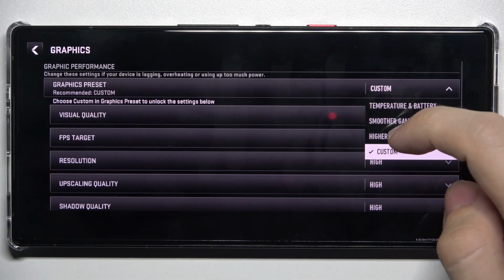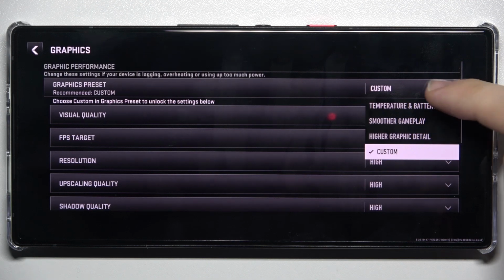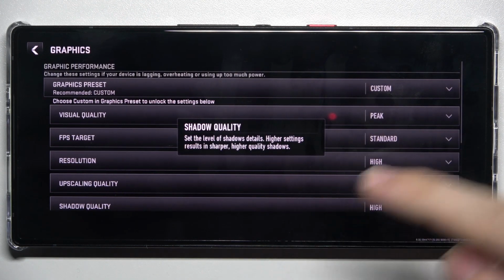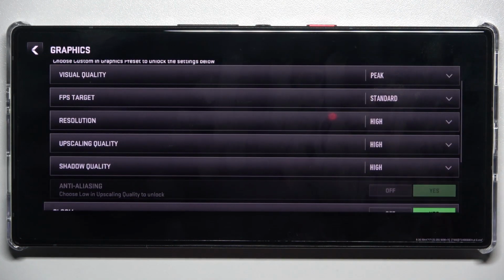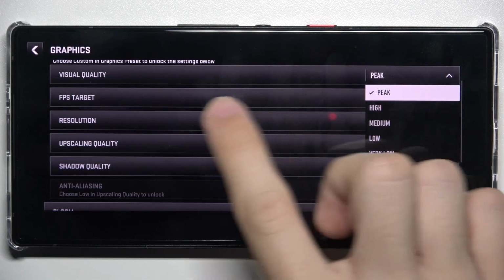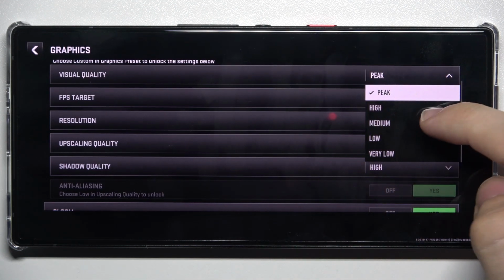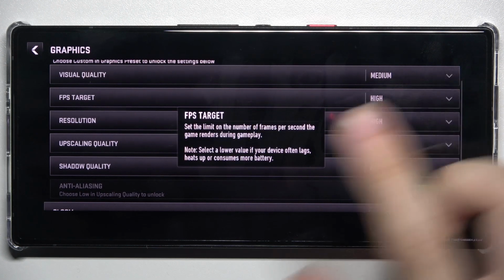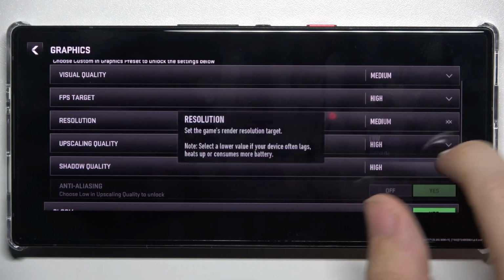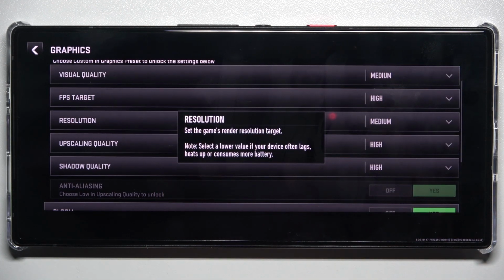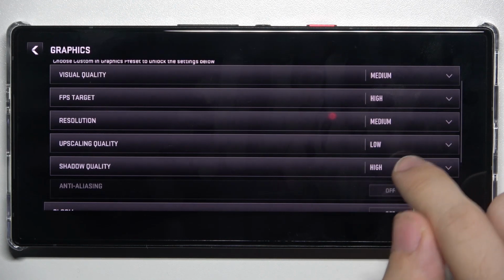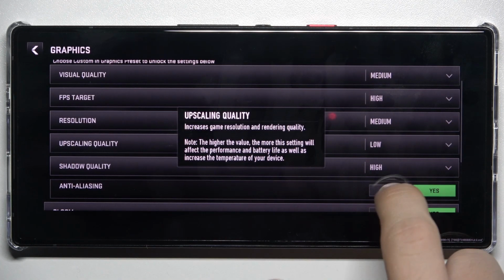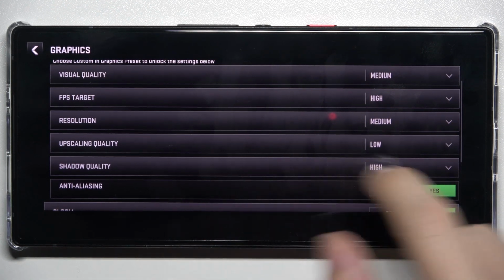Now you can either choose a graphics preset from here, or if you set it to custom, you can adjust the settings: visual quality, FPS target, resolution, upscaling quality. When you set it to low, you can adjust, enable or disable anti-aliasing,